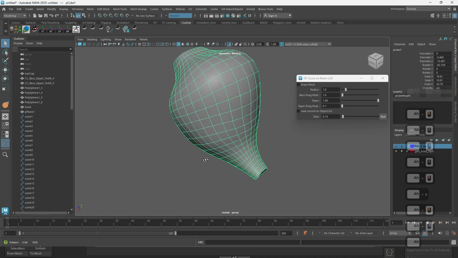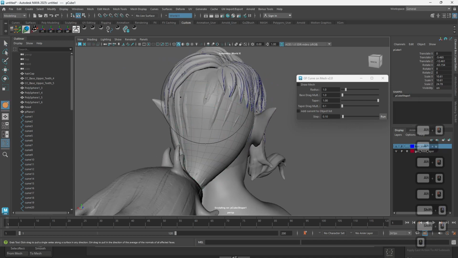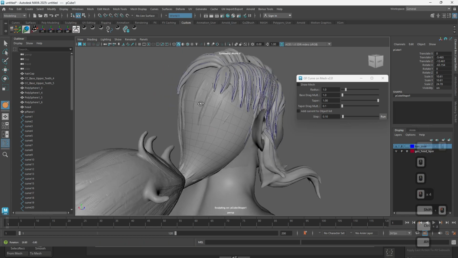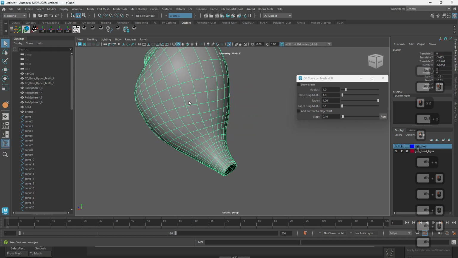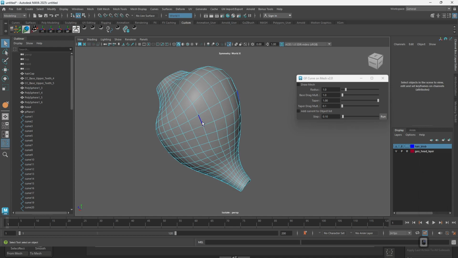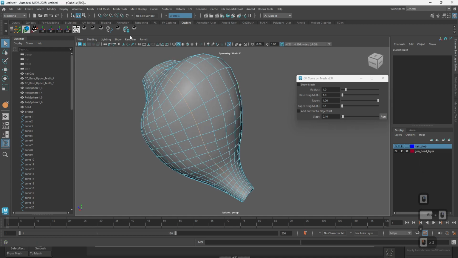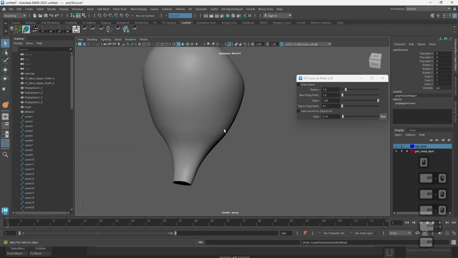So why did I do this? Well, basically, what I want to get out of this situation is I don't want to necessarily paint these edge loops. So how about I extract all of these edge loops as curves? Now, we might have an issue doing that one by one. We definitely can, right? If I go to modify, convert polygon edge to curve, you see, well,